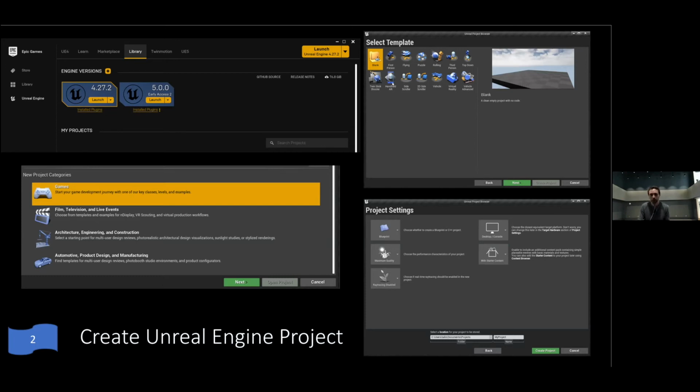And once you do choose your blank template or whatever template you want, you will then come across the project settings. This will allow you to do any ray tracing or set the quality of your experience. And then you also include your location of where you want your project to be stored and the name of it. You can also choose the target platform that you're looking to build it for, and then, with or without starter content. Sometimes the starter content can include some really necessary assets that you can incorporate into your scene,